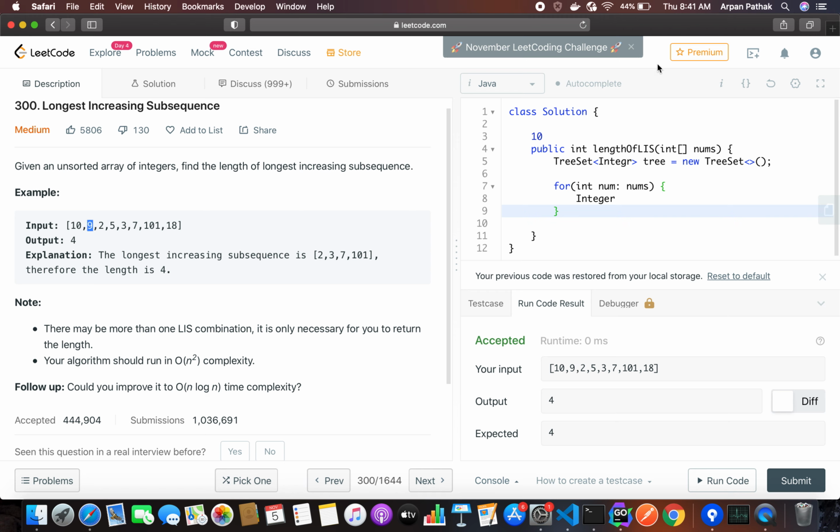Our goal is to keep adding the numbers in increasing order. So let's say 10, 9. Initially we find 10, so we add that number to the binary search tree, then 9. If we find that there is already a number which is greater than or equal to the current number, then